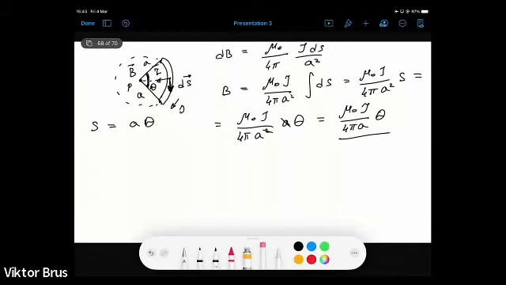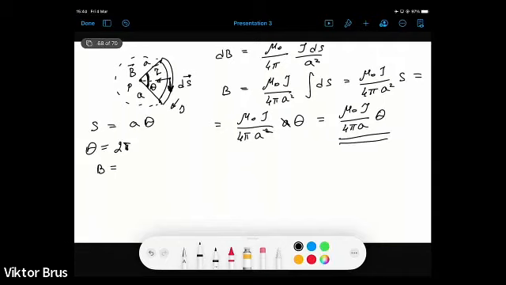So in that case, this angle theta will be equal to 2 pi. If it's equal to 2 pi, we can substitute it in this final equation. So we will get the magnitude of magnetic field in the center of the circular conductor, like one coil,